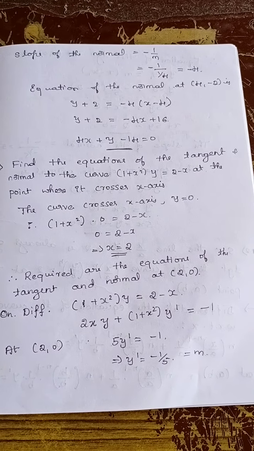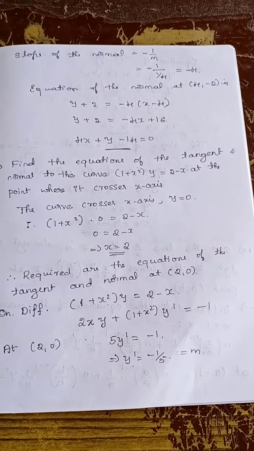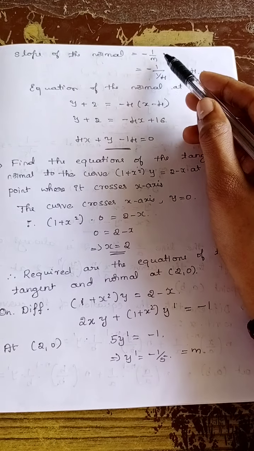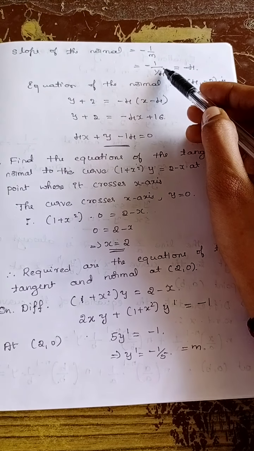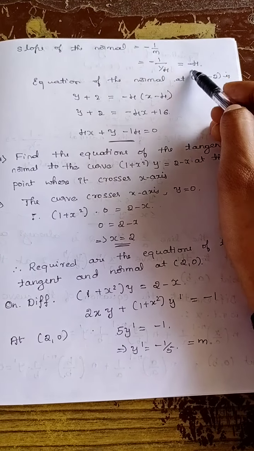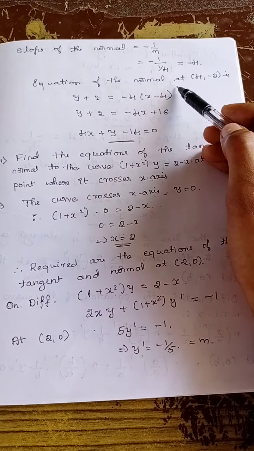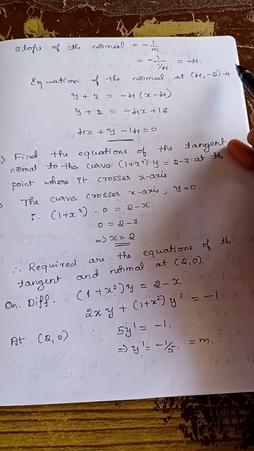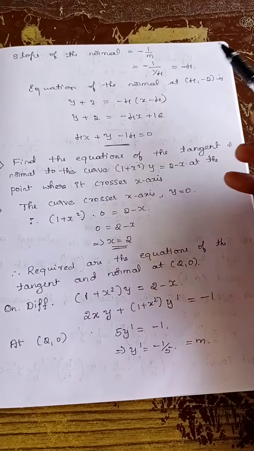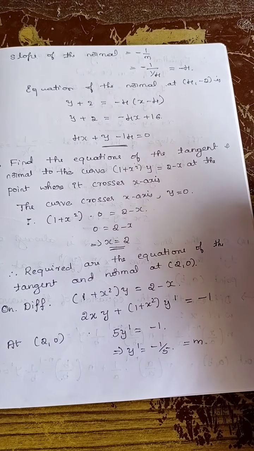The slope of the tangent is 1 by 4, therefore the slope of the normal is minus 1 by m, that is equal to minus 1 by (1/4), that is equal to minus 4. Therefore the equation of the normal at (4, -2) is y minus y1 is equal to minus 1 by m